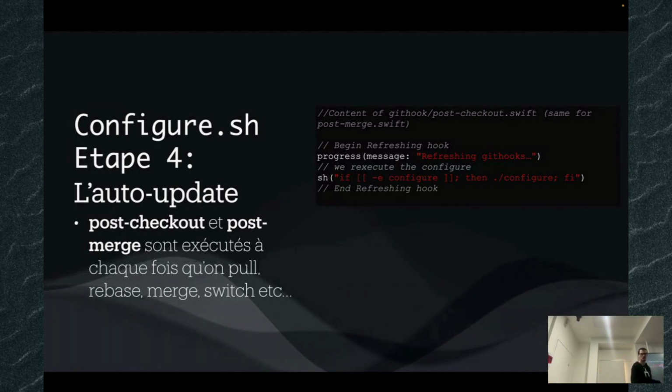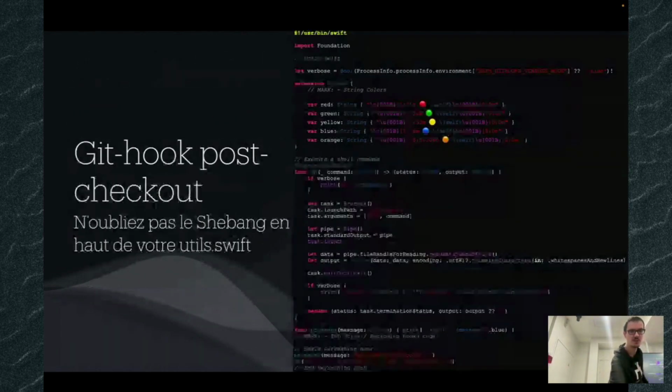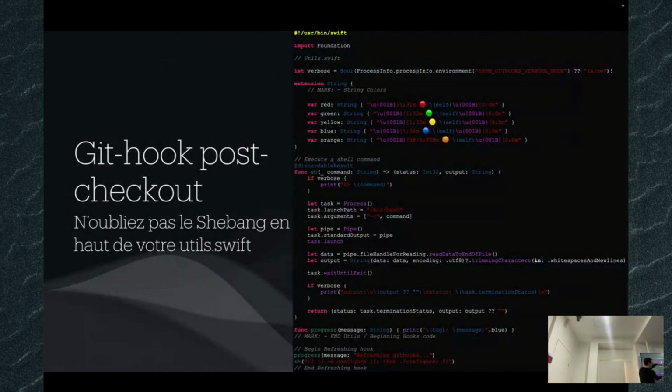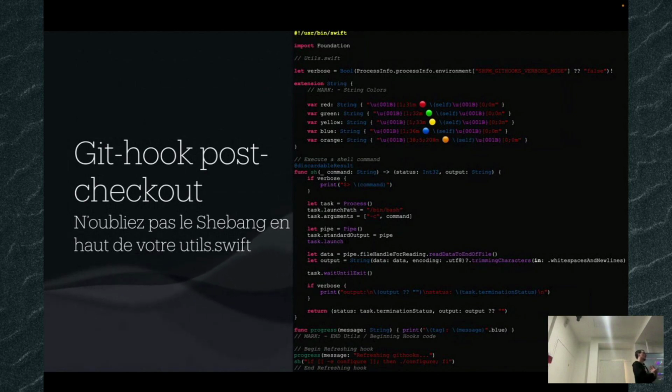Dans un script shell, ou même en Swift, il y avait une fonction que j'ai mise ici. C'est la fonction pour exécuter une commande shell et vérifier la sortie, si le code de retour a réussi ou pas. Ça me le print et ça me le donne ici en paramètre. Et après j'ai juste à tester si le code de retour a été 0 ou pas, parce que 0 par défaut dans le terminal, c'est quand ça a marché, et quand il y a eu une erreur, c'est-à-dire que SwiftLint a eu une erreur.